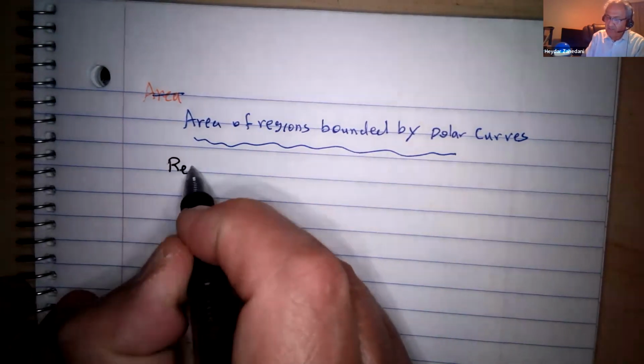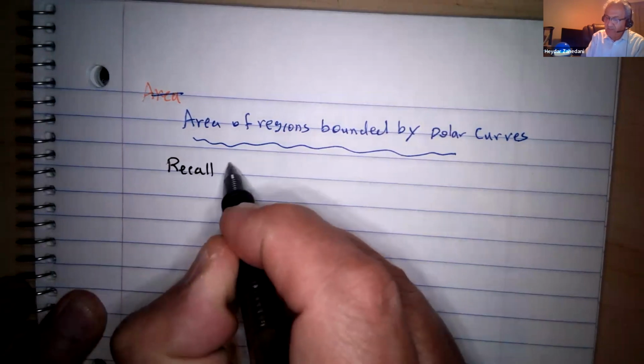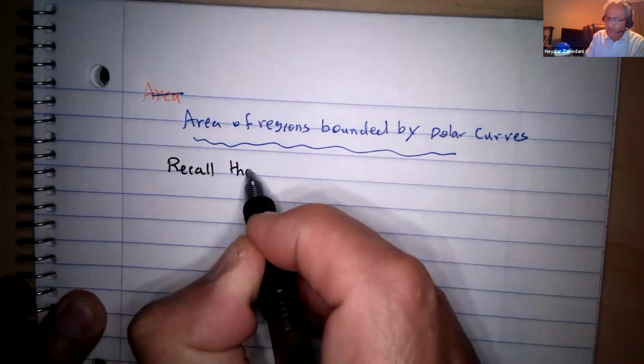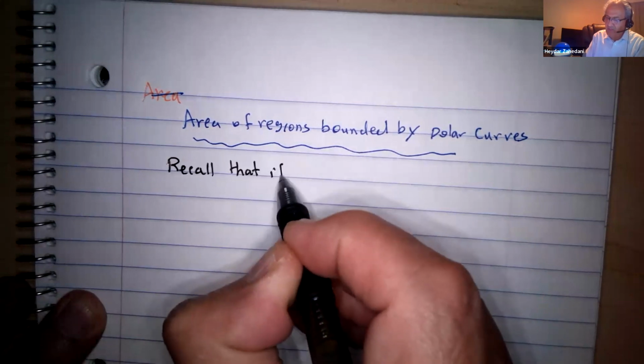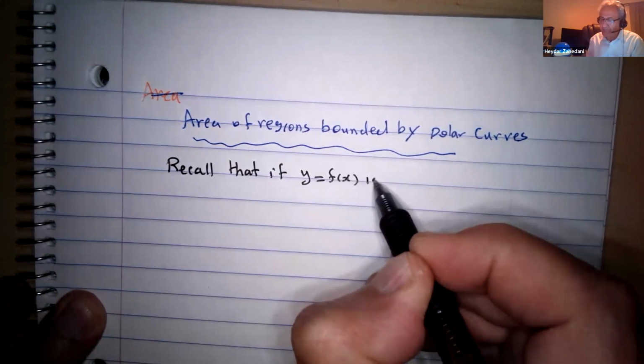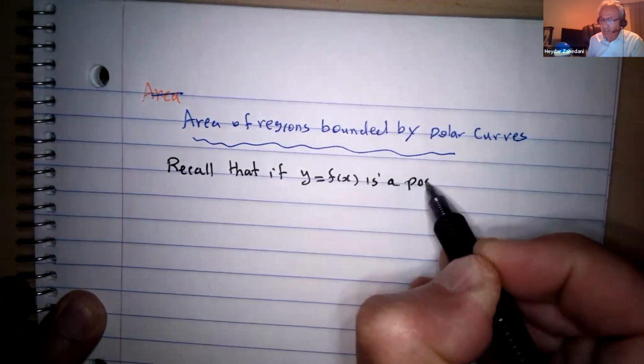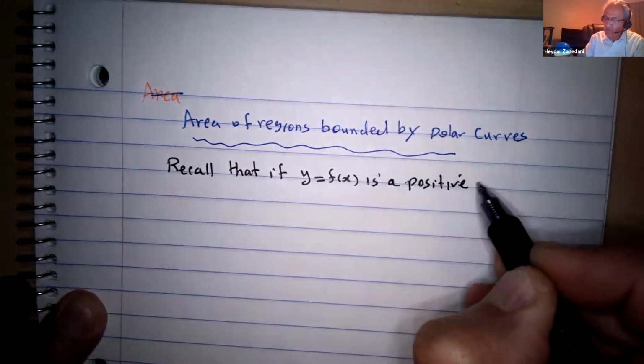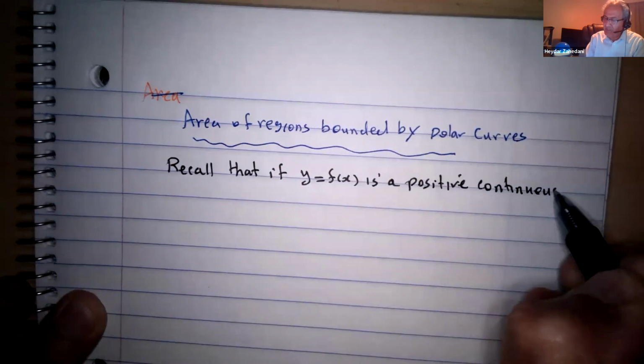Recall that if y equals f of x is a continuous function on the closed interval a and b, then the area under the curve, we call it the area,